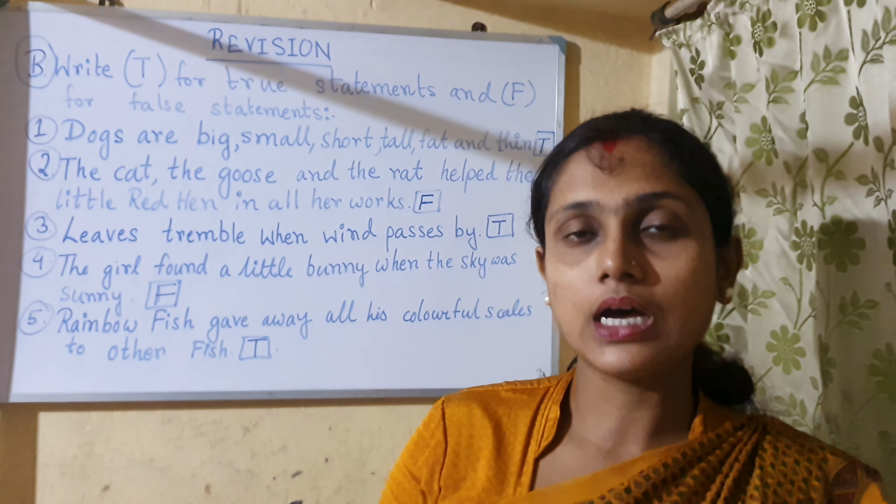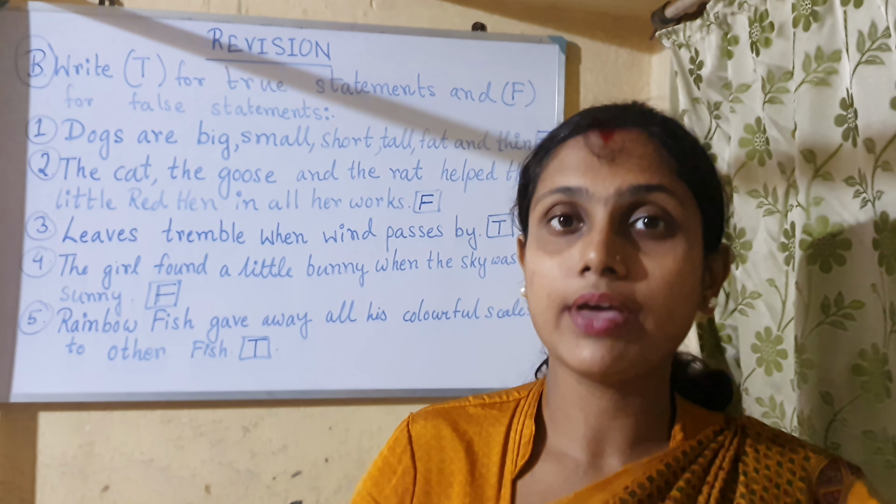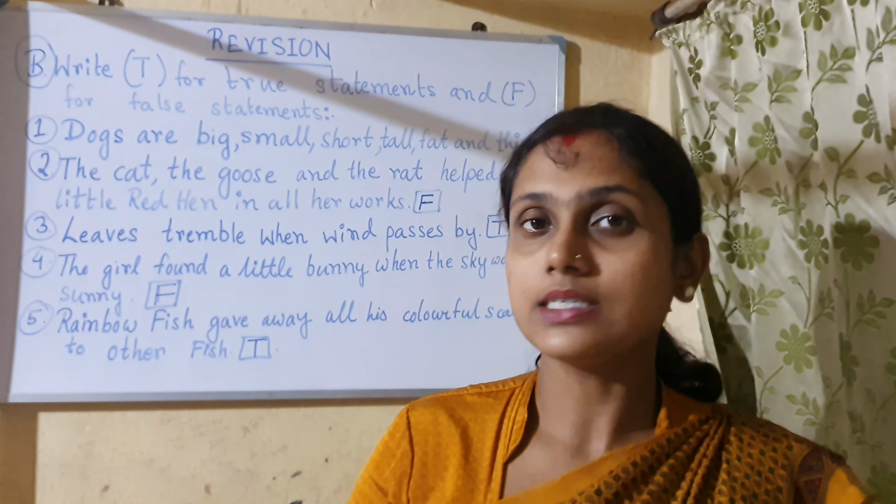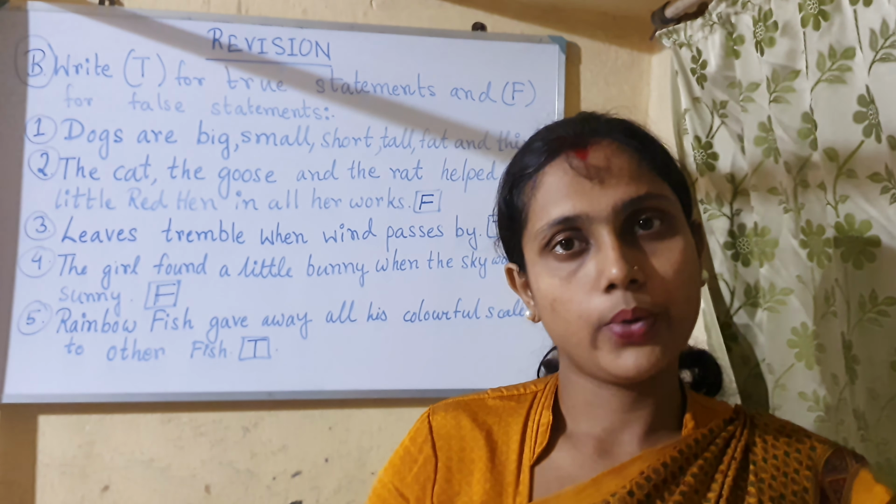So it is true. Then the tiny plant was awake at the beginning of the poem. Was the tiny plant awake at the beginning of the poem? No, it was sleeping. So it is false. Okay. So in this way you go home and practice the true and false questions.